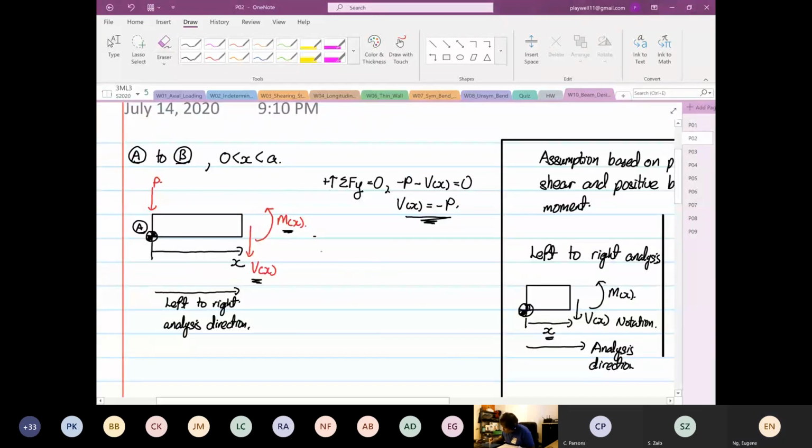Then from here, we do the summation of moments in the Z direction at point X. So where are we taking our moment? I'm going to draw a dot now, so you'll see where the dot is. We are taking the moment where the slider, or the variable X, stops. So that is where we take our moment. From here, P will be going in an anti-clockwise direction. So P multiplied by x, then plus M as a function of x, the whole thing will equal 0. So M as a function of